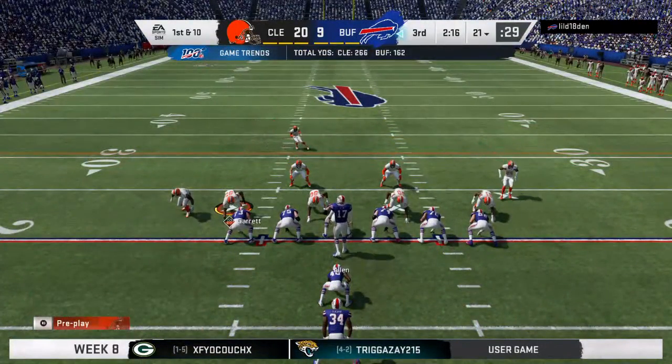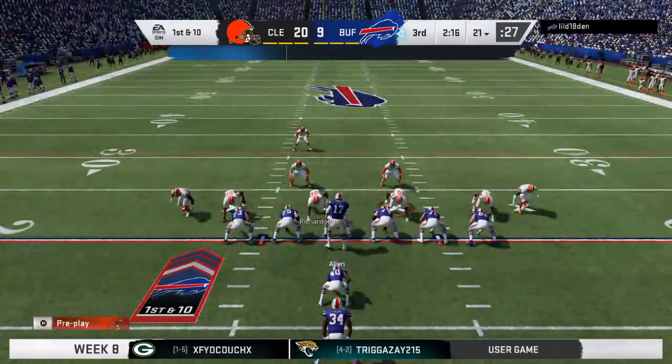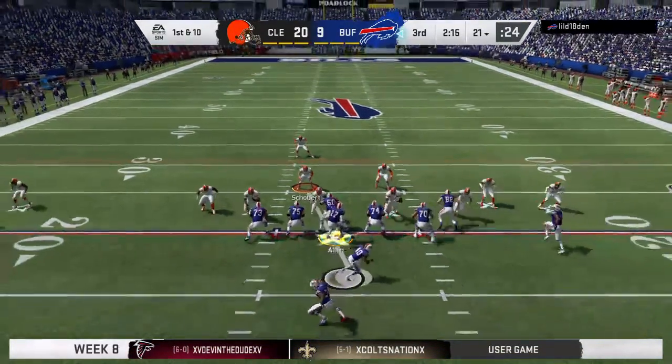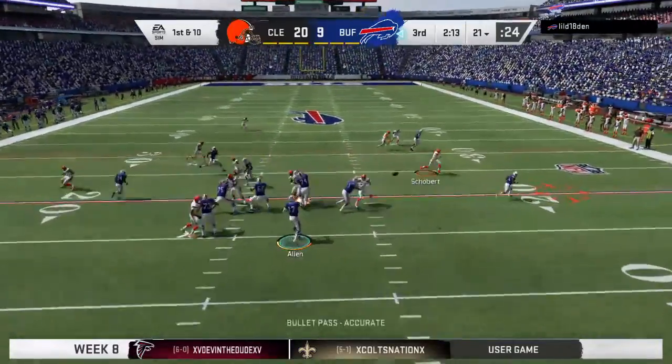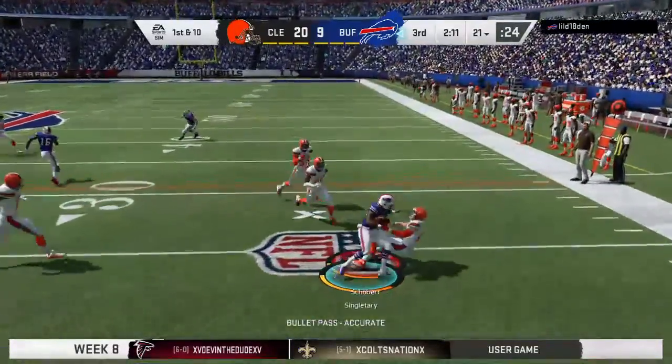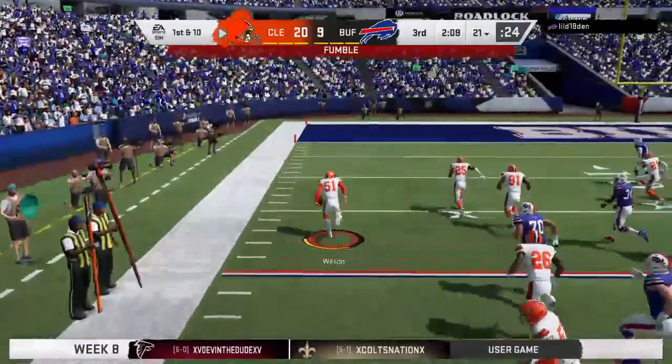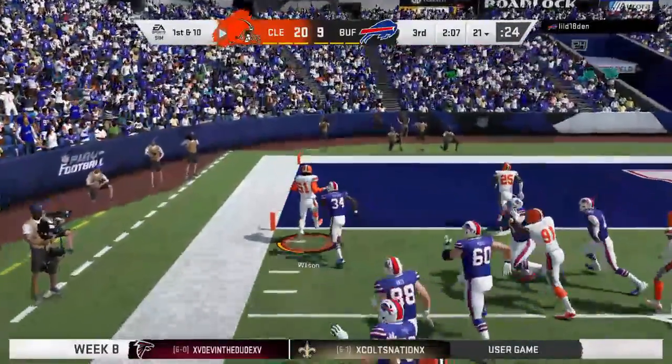Buffalo offense ready to go for their next drive. And fortunate to get points on the board last time. They had to hit a really long field goal to do so. The kickers in today's game are so good and so skilled. And Singletary has it stripped. And this is picked up by the Browns. And he'll